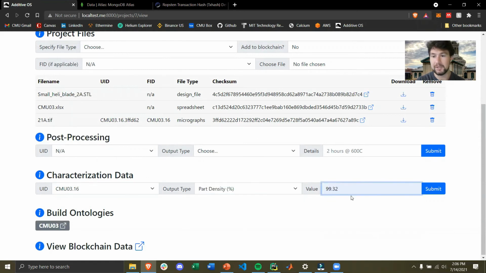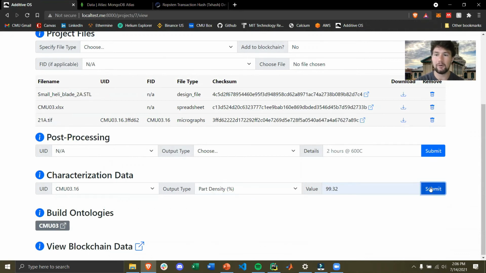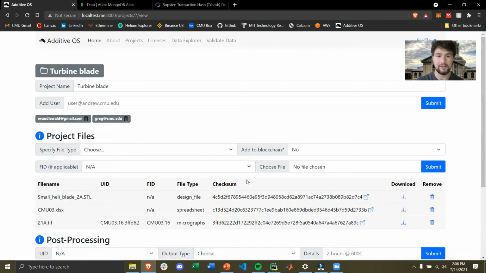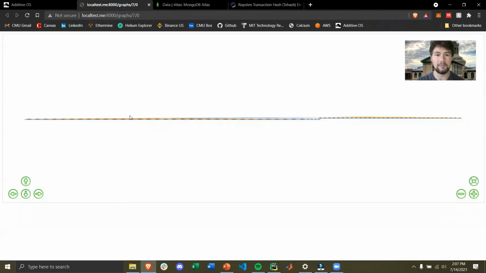Maybe this is something you extract from the micrographs, or you have tensile strength measurements, fatigue data. Now I can relate that process output information or mechanical properties to the inputs, which are reflected in these ontologies